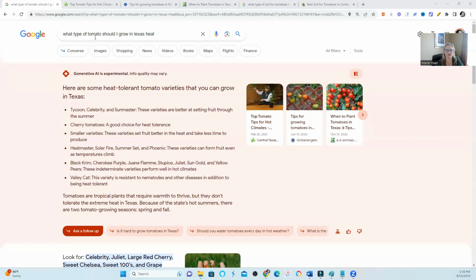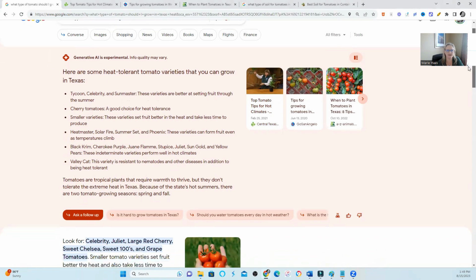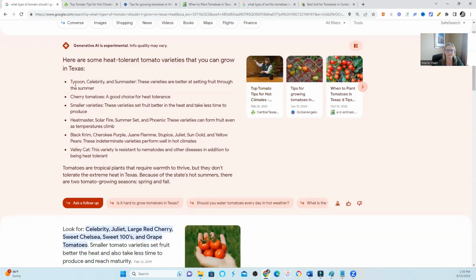So I typed in a question, what type of tomatoes should I grow in Texas heat? It's a very specific question. As you can see with the AI for SGE, they come up with several varieties: Tycoon, Celebrity, Sunmaster. They talk about Heatmaster, Solar Fire. These are exact varieties of tomatoes, Black Krim, Cherokee Purple. And the question becomes, if you're getting so much information within this window, would the end user then click through